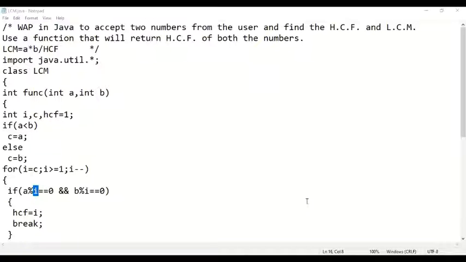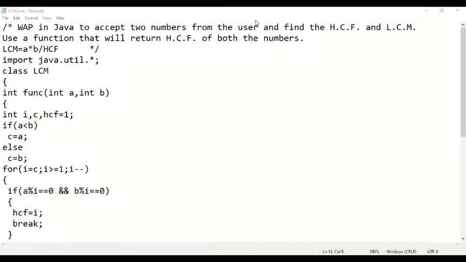Do you have any doubts? You can unmute yourself and speak. No, ma'am. Okay. So let me execute this program and show it to you.